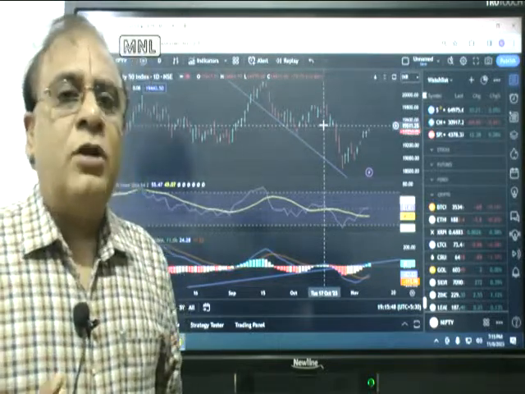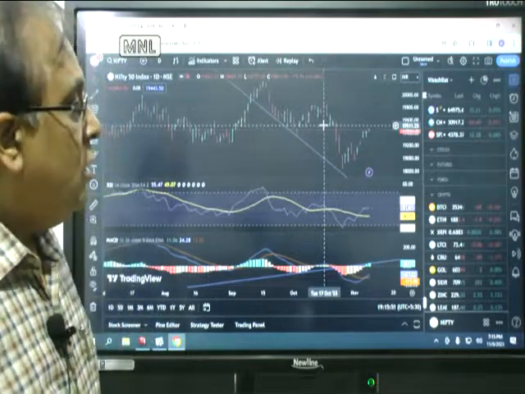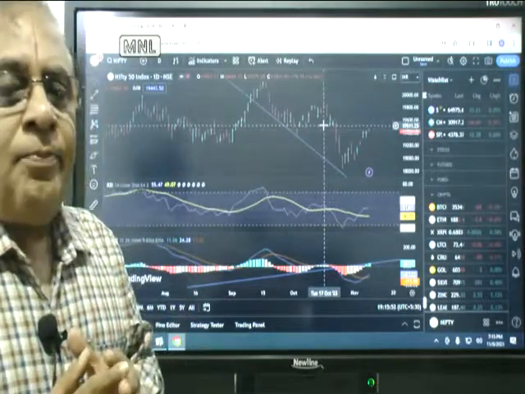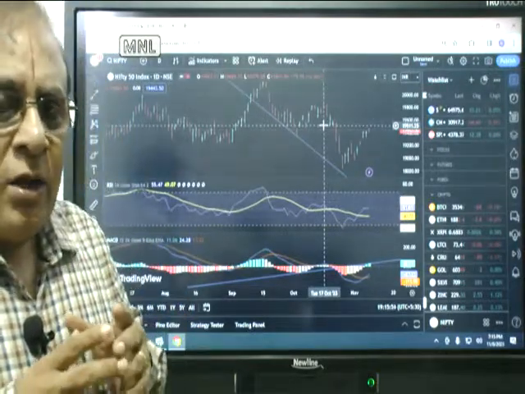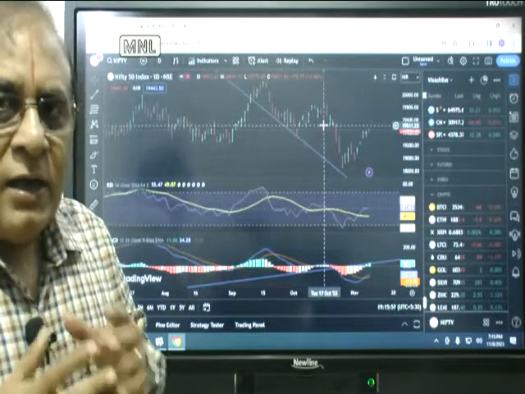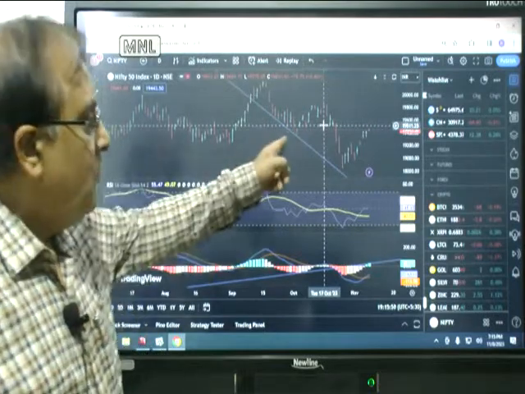and ride this particular wave up to 19,849, almost 400 points we got. So when you identify a divergence, then we should get on board at the earliest. Okay. So this is the place where